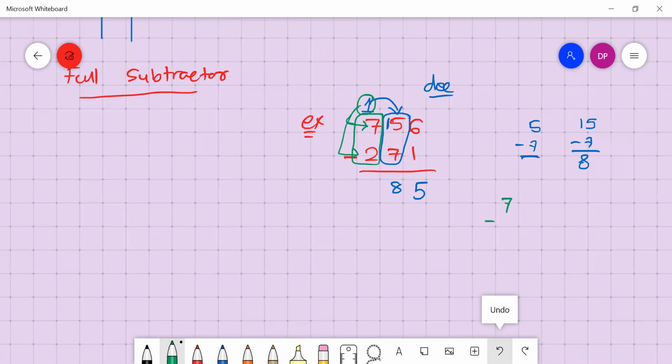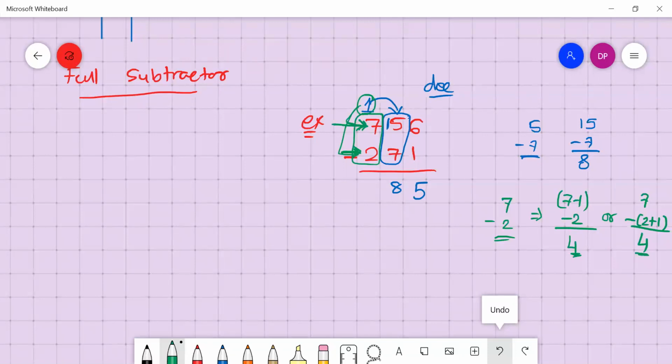So this 7 minus 2 can be written as 7 minus 1 minus 2, or you can have 7 minus 2 plus 1. Both will give the same answer. 7 minus 1 is 6, minus 2, it is 4. This is 7 minus 3, this is also 4. Right? So are all of you clear what I am doing here? Either you can decrease 1 from this 7, or you can increase 1 in this component 2.